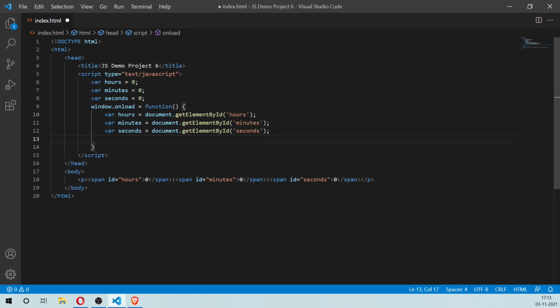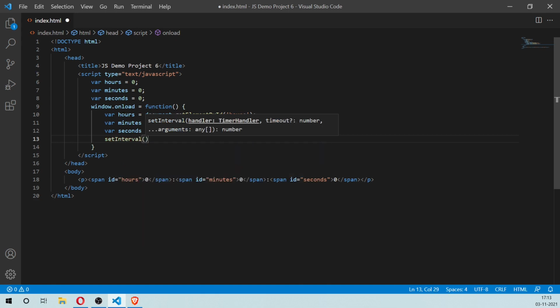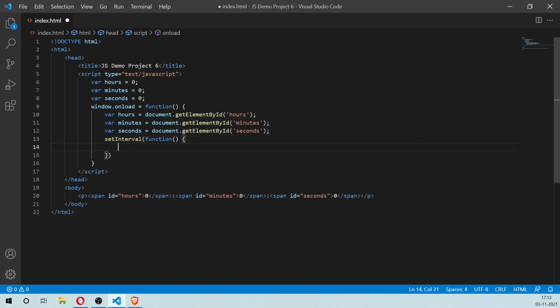And now we're going to create a method called setInterval. And inside the setInterval method, we're going to pass in two arguments. So one is a function, which is basically a function that gets executed by the setInterval method periodically. And the second argument that we're going to pass to the setInterval defines the duration of that period. So now we're going to pass in 1000 here. So 1000 is basically 1000 milliseconds, which equals 1 second. So every 1000 milliseconds, this function will get executed by the setInterval method.